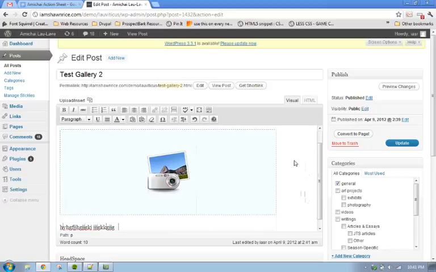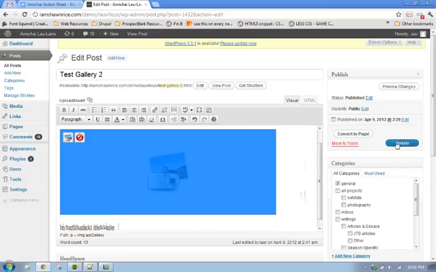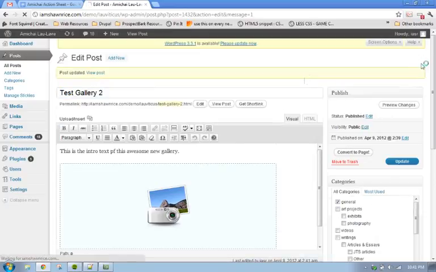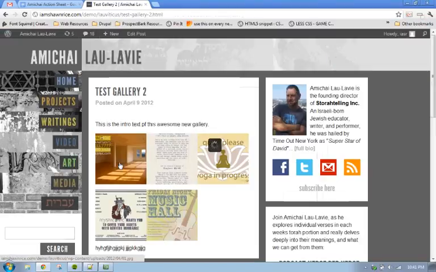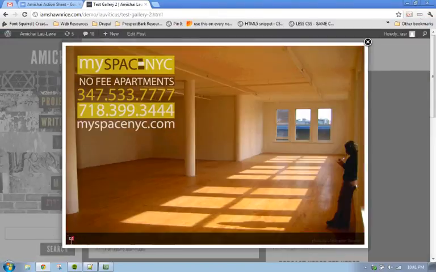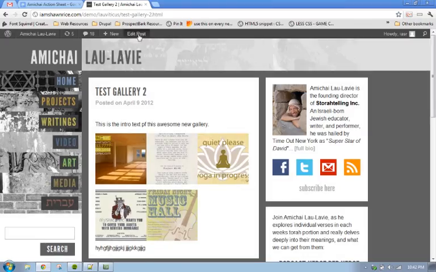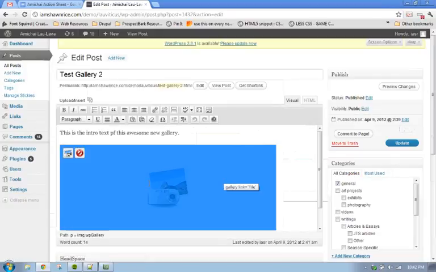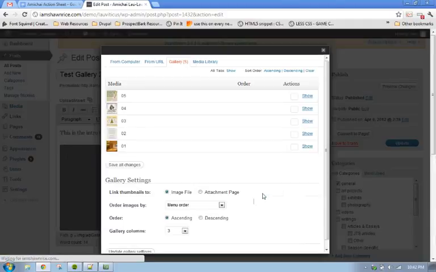Now let's say we're looking at the gallery here, and let's say you wanted to change what the captions for the images were. So like down here, right now it's just reading the file name, which is pretty uncreative and not very descriptive. So if you would like to have a little bit more control over that, all you have to do is click into this box, click on the Edit Gallery button that appears in the left-hand corner,